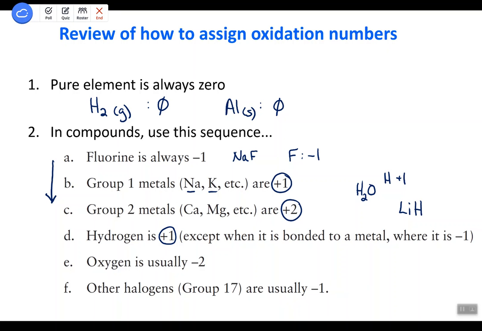But we see that lithium falls in group 1. Lithium applies to rule B. So lithium would be assigned a +1 oxidation number. The sum of the oxidation numbers for the whole compound